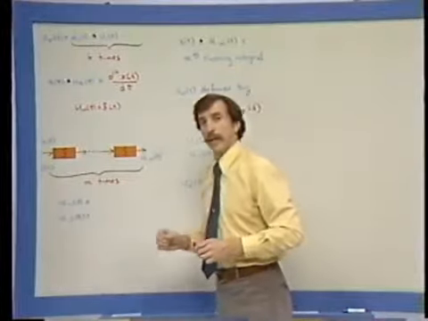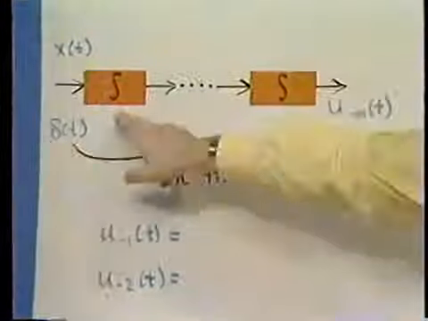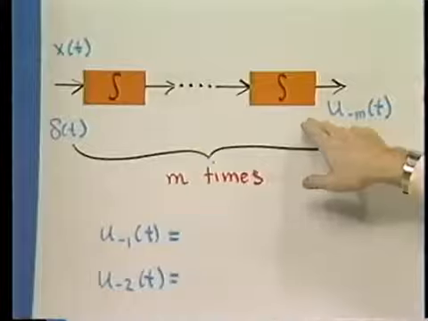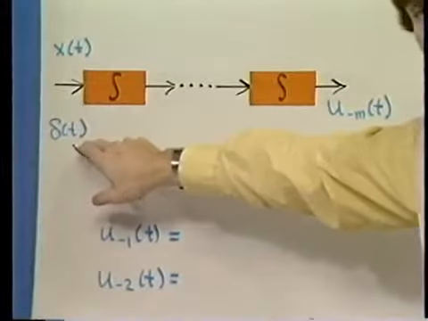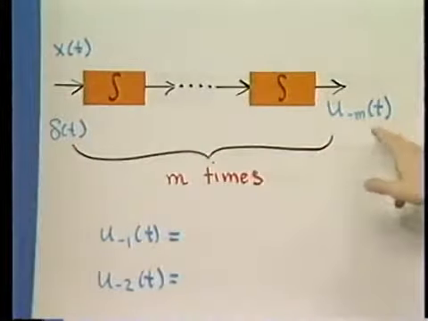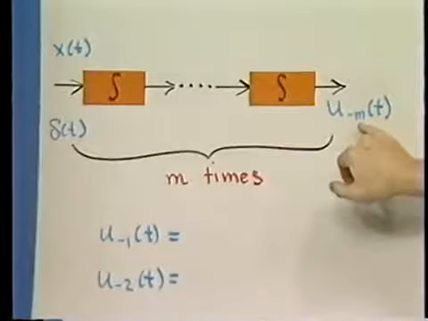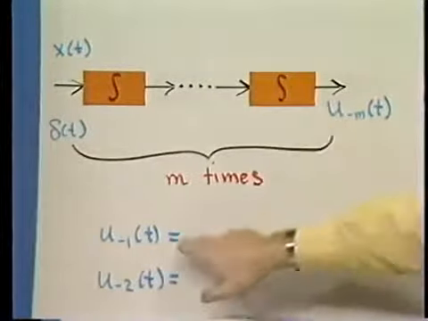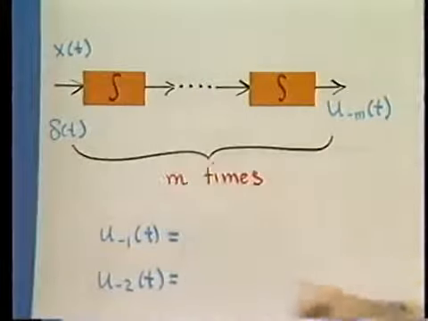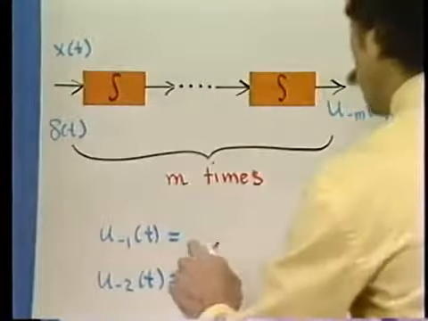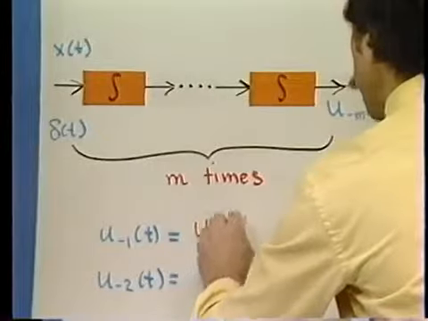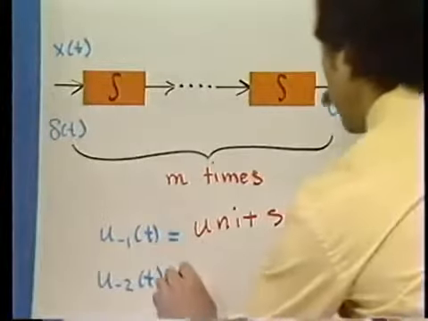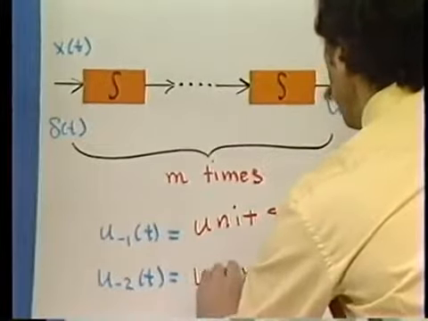In particular, if I take a string of m integrators in cascade, then the impulse response of that is denoted as u sub minus m of t. And for example, with a single integrator, u sub minus 1 of t corresponds to our unit step, as we've talked about previously. U sub minus 2 of t corresponds to a unit ramp,